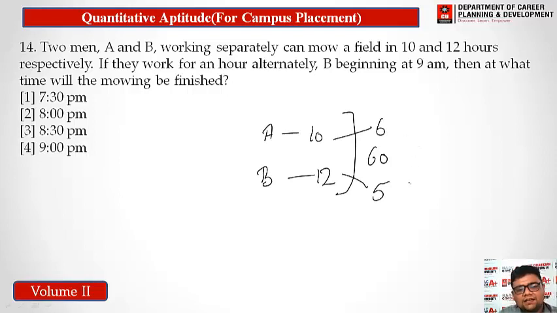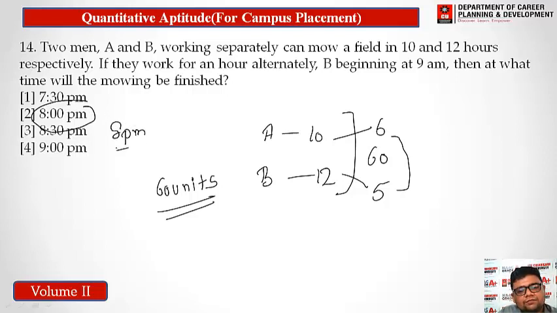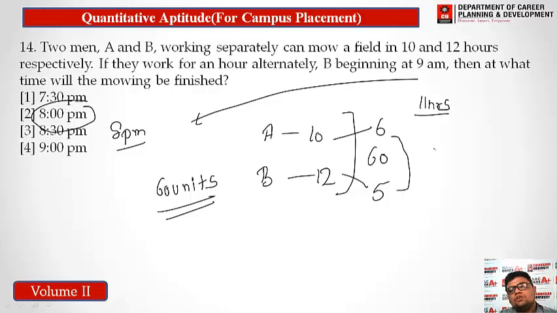Now first B is starting, right? So we have to complete the 60 units of work. To complete the 60 units of work, B is starting. So we have to find firstly the nearby value. We can also solve this by option. If I am taking 8 p.m. as our option, so total time is how much? From 9 a.m. to 8 p.m. we have 11 hours. So for 10 hours there will be a combination of them. So we multiply 5 by 11, total efficiency of them, 55 units of work will be done.